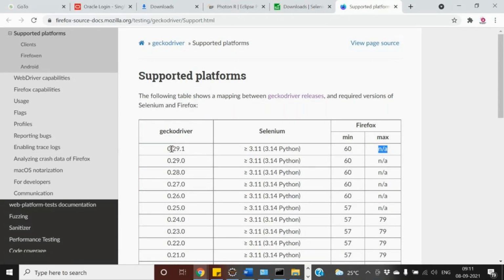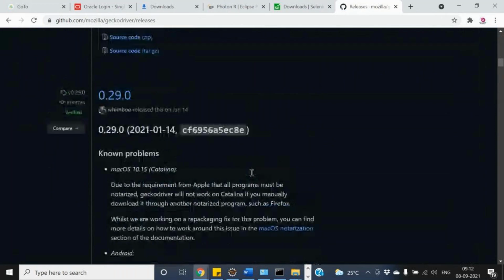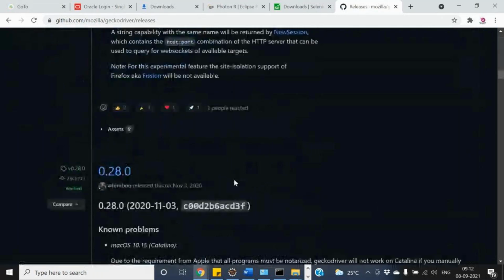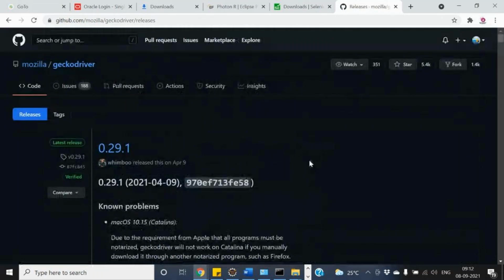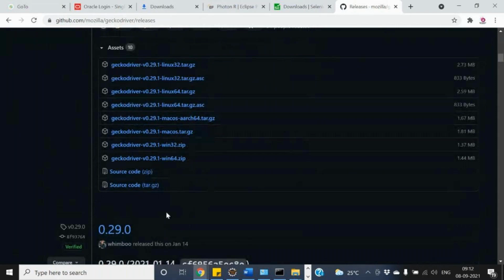So you can go ahead and download this particular Gecko version, which is compatible with my machine configuration. So I'll go over here. So right, the Gecko driver releases, I'll be having different releases over here. You can see 2.29.1, right, and then all the releases I'll be able to get over here. Which is comfortable for my system configuration is this one. I'll just scroll down, and over here, right, I'll check for my machine.